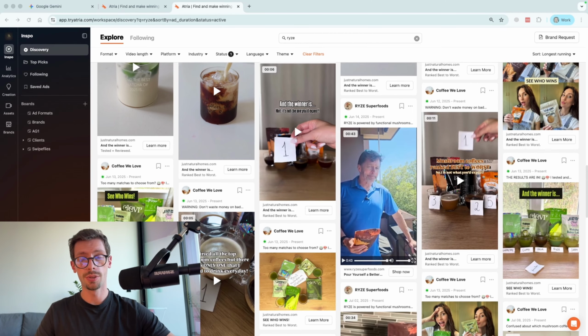Now, to demonstrate this process to you, I will just show you live how I do it for an example ad. You can do this fully manually, but if you have someone from the team doing this that is not that experienced yet, or if you just want some additional insights, or if you just want to speed it up, I recommend looking at it yourself, but then also using AI. Alright, so what we'll do here is actually just look up a winning ad from Rise.